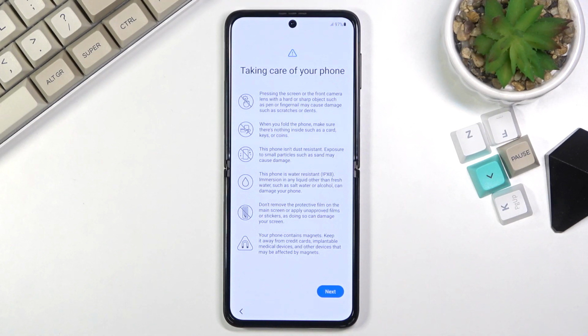So take care of your phone. Now, I'm not exactly going to read exactly what these do, but quickly go over them. So basically the first one, don't press really hard on your display because it's still made out of plastic. Second one, don't jam anything between the display because it's still made out of plastic and it's not as hard as any kind of glass display. Then we have